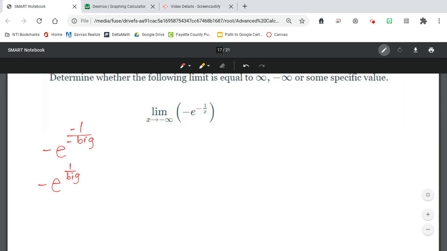And 1 divided by a big number is pretty much 0, like a really big number. So this is the same as negative e to the 0. And e to the 0 is the same as 1. Anything to the 0 power is 1. So I have negative 1. And oh, look, that means we get negative 1 as our answer. Okay, so this video will help with the second